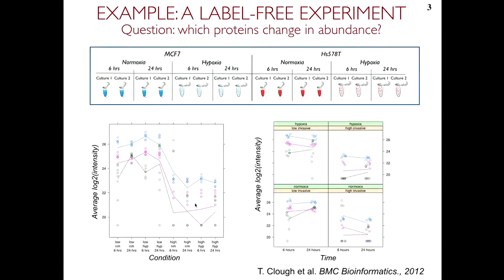And so when we started, what our collaborator was doing is actually something fairly simple. For example, if she wants to compare 24 hours hypoxia, this cell line to this cell line, she would literally extract the subset of runs which have these conditions, take the sum of all the intensities, and then do a t-test between replicates. And so we wanted to argue back then that this is not the best way to do it for several reasons. But one of which is that if we have more than these two conditions,